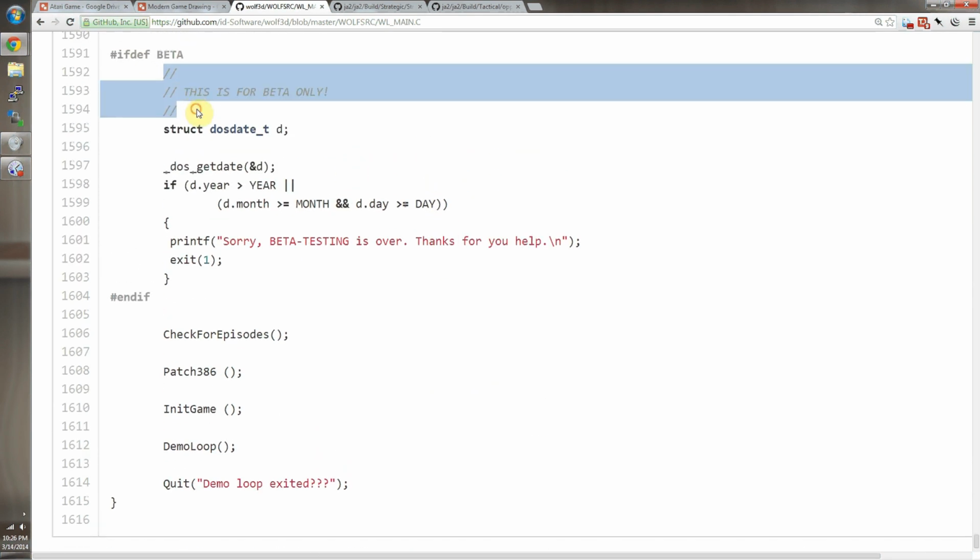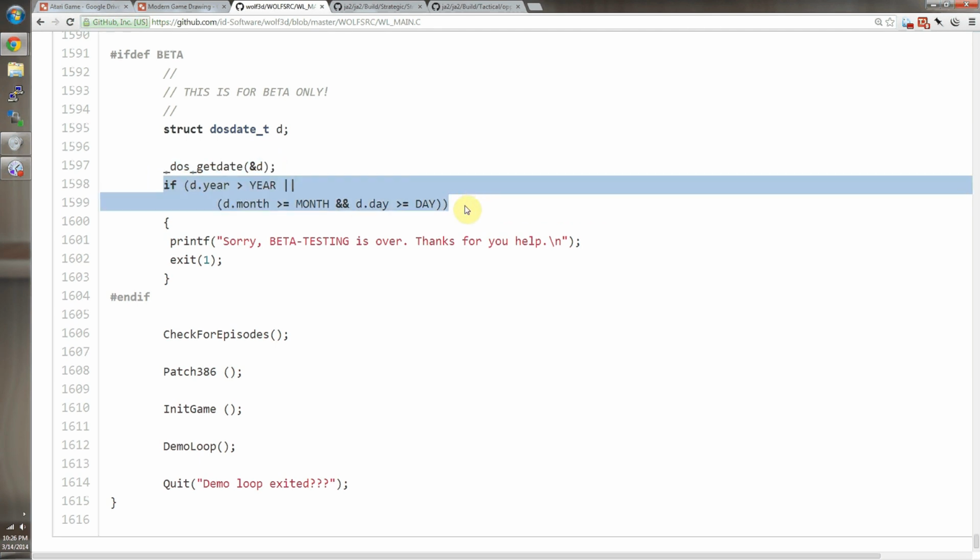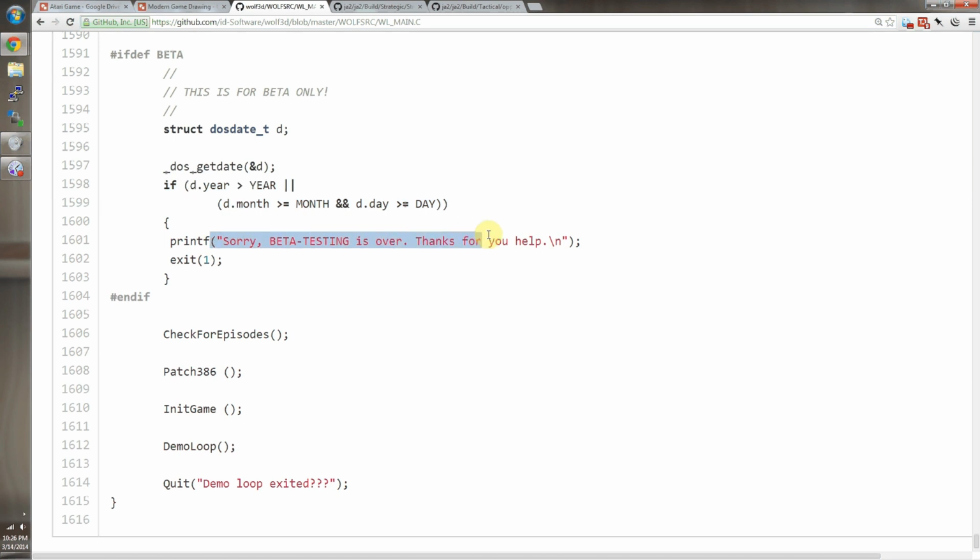It says this is for beta only, and it gets the current date, and it says if the date is past a certain year, day, and month, then print out, sorry, beta testing's over. Well, that's interesting. The date is not actually specified here, but what we can do is we can use our